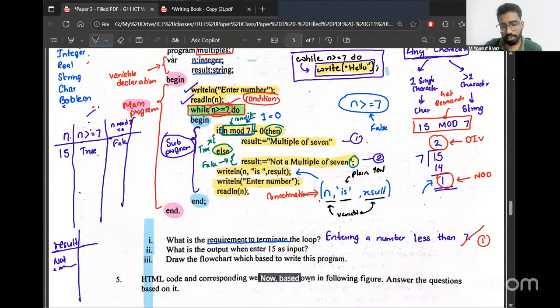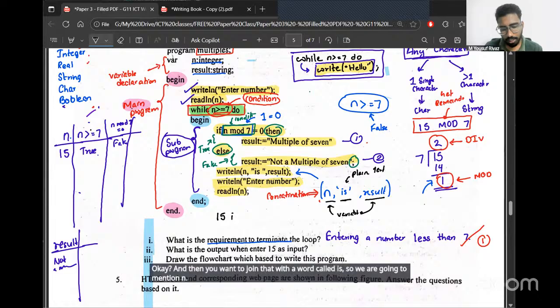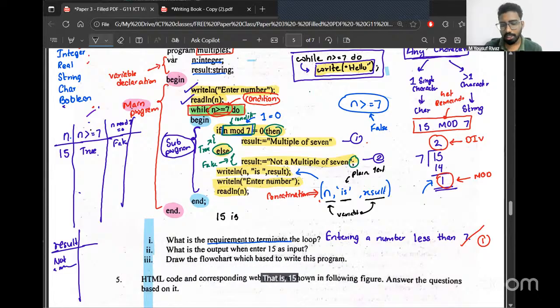Now, based on that, first of all, tell me currently what is the value of n? n is going to be 15. Then you have to join that with the word is. So we mention n, that is 15, is, and then the value of result.